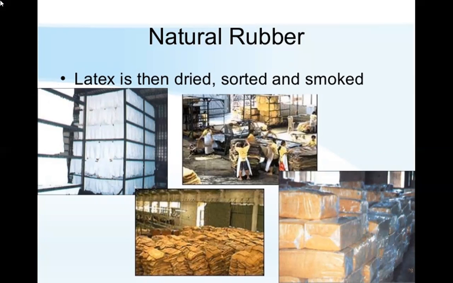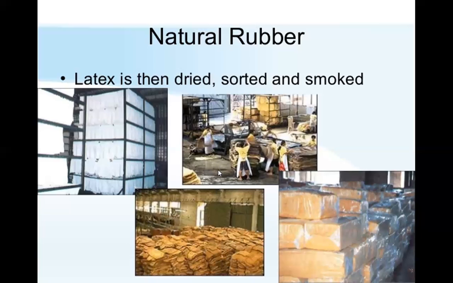The second type of processing is also done. The filtered latex is fed into a long rectangular tank 1 meter wide and 30 centimeters deep and treated with acetic acid or formic acid along with constant stirring. Vertical partition plates are inserted and left undisturbed for 16 hours. The coagulum sets in the form of slabs, which are passed between a series of rollers with decreasing clearance while spraying water on the rollers.